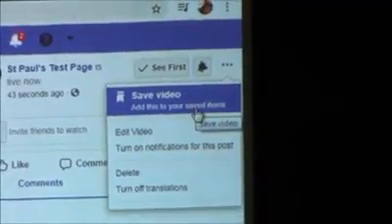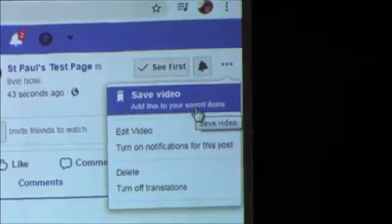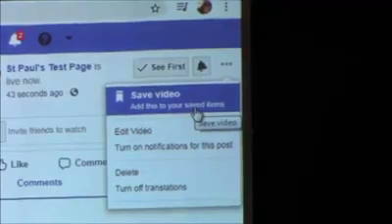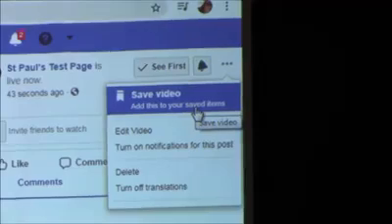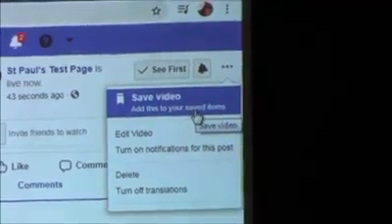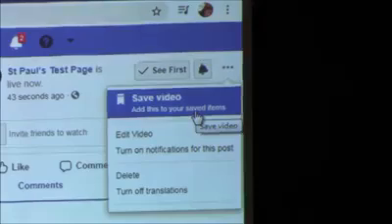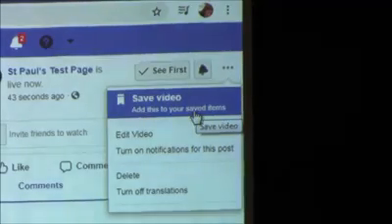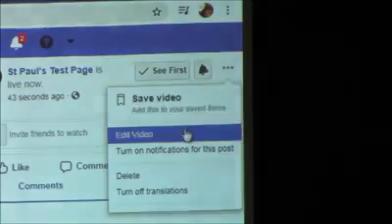If for whatever reason somehow the video gets deleted from the St. Paul's page, whether it's a Facebook mistake or someone having a sticky trigger button when we're uploading or something silly, if you hit the save video, you'll be able to save it to your personal profile and then go back and watch it later.